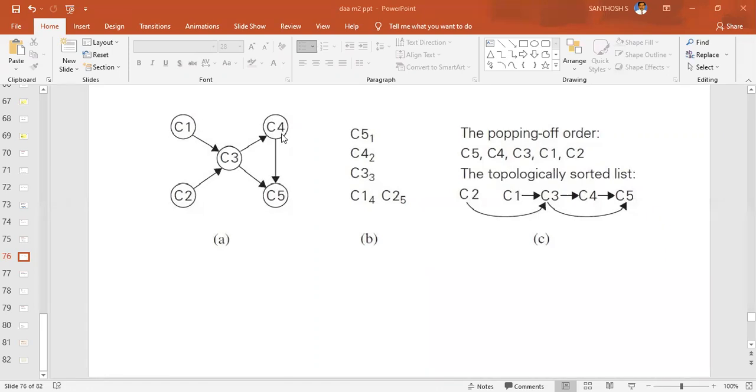After C5, which is the next node which has no outgoing edges? If you remove C5, its edges are also removed. So after C5, which node has no outgoing edges?